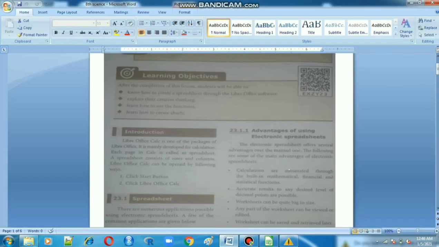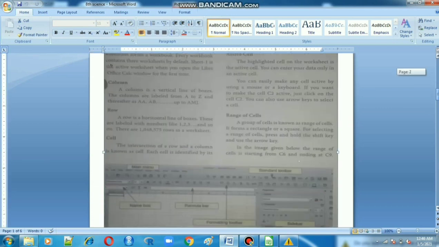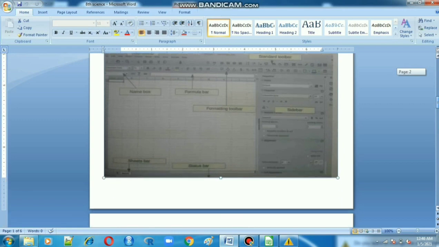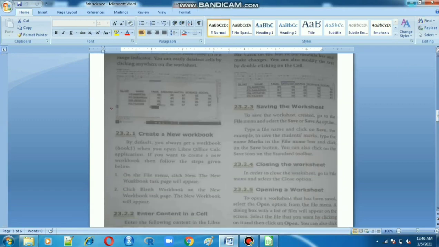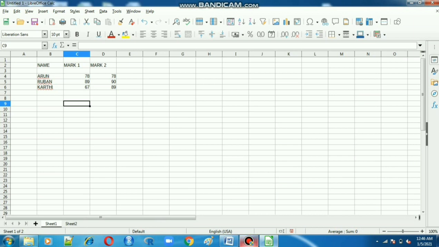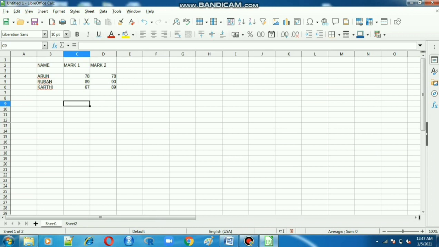So now we have to see one by one. Next is range of cells. What is the range now? Starting point column name is C, row number is 4, C4.